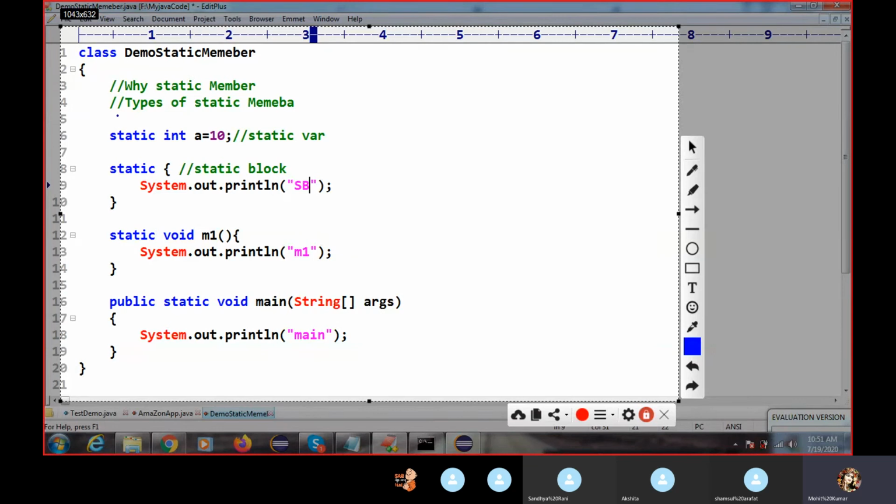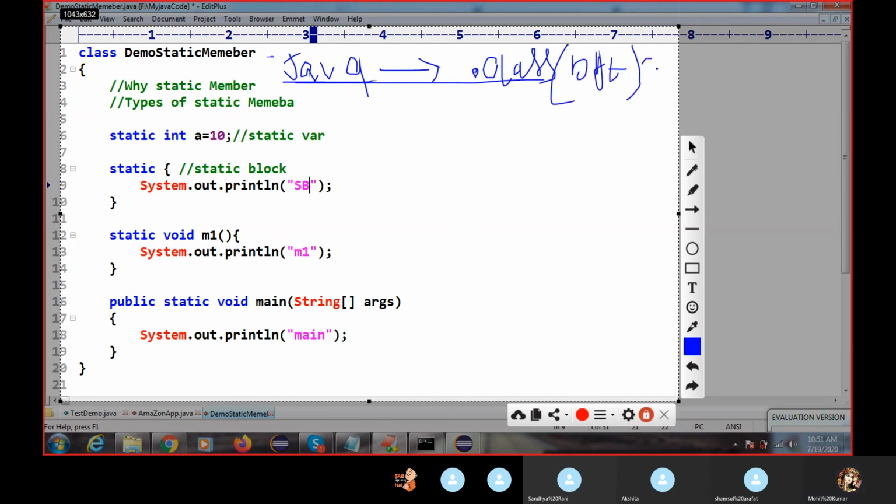Got it, right? So what will happen when the class is loaded into the JVM? This is your .java class, and on compilation, if we do not get any compile time error, it will create a .class file. This is execution. Now if we execute this code, the bytecode, or machine code, will interact with the JVM, and the JVM always looks for where your main method is.